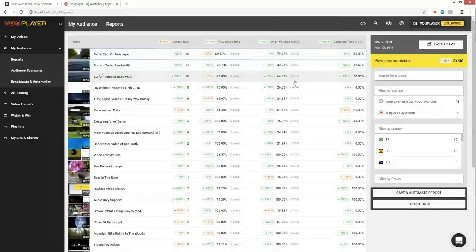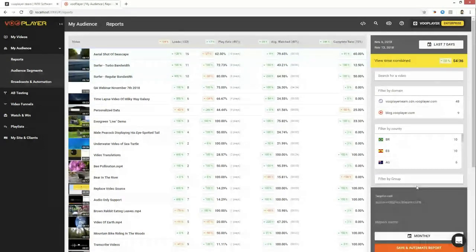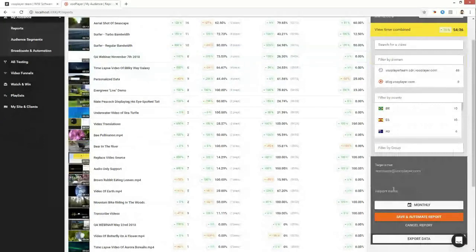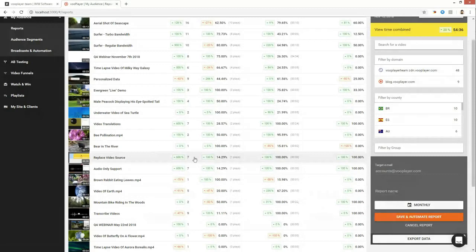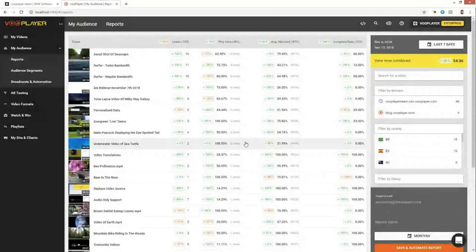So all of the, as I mentioned, the ability to generate reports, save and automate reports is going to be pretty powerful, because then on each interval, currently we're going to have daily, weekly, and monthly options. Each time that report is run, you're going to get all of that data in the email, and also all of that data is going to be populated in a Google Sheet, which you're going to get a unique link to. So that way you're going to have all of that data allocated, and you can save it on your end as well, without ever fearing to lose it. And that way you can extrapolate on it even further by doing anything you want with it, really.